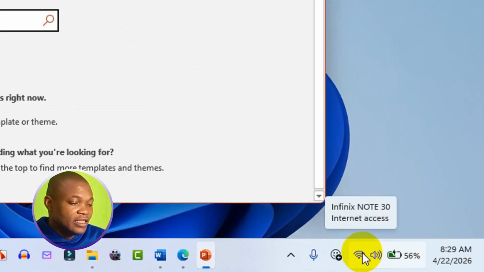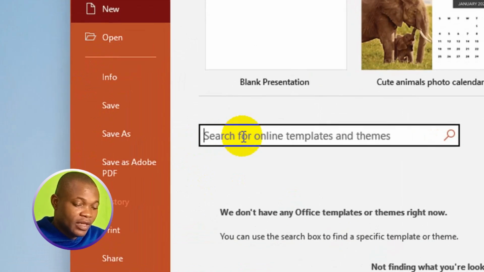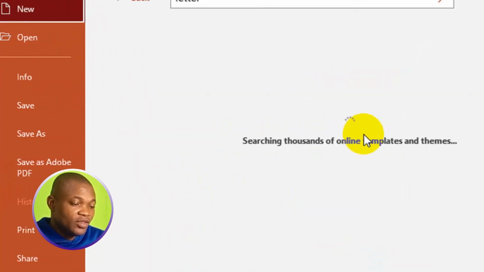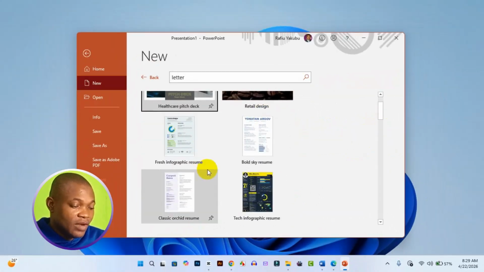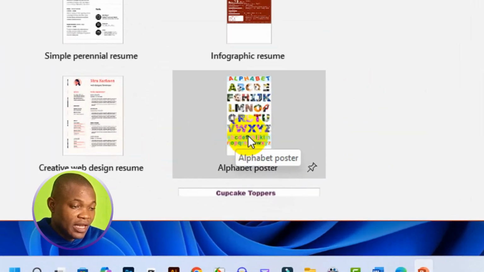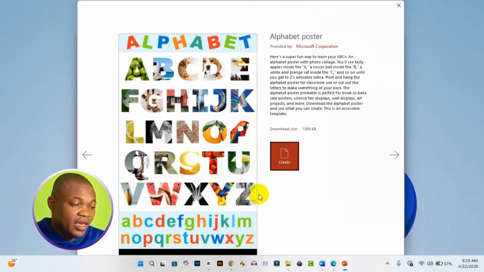So next thing you want to do is to come in right here and type in letter. Then go ahead and click on the search icon right here, and then in a few seconds you're going to see different results. Go ahead and navigate to alphabets booster. Click on that. Then you have the preview right here from letter A to letter Z. Go ahead and click on create right here,